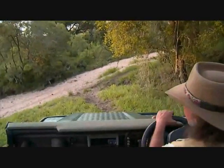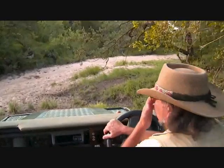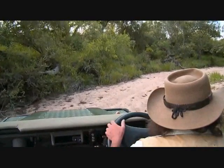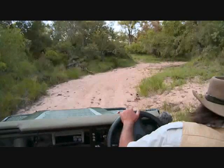And baby jackalberry trees. Should be able to get down here. It shouldn't be too deep. At the bottom should be fine. Red-chested cuckoo calling above us. There are some old